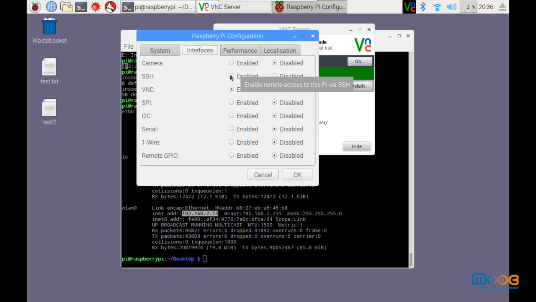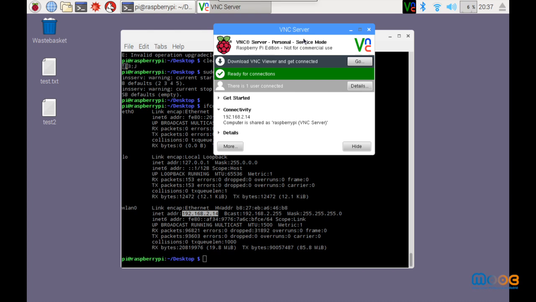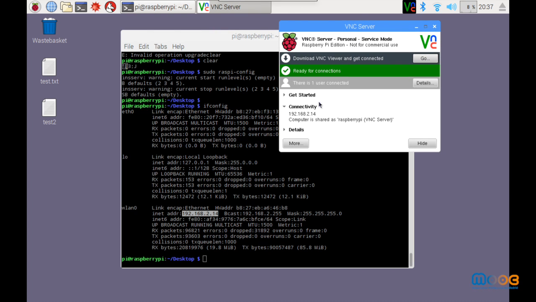Here we have the same as we saw previously. SSH is enabled. If you want to enable other communication like SPI or I2C or 1-Wire, you could do it also here. Once our server is running, we can check the IP address by just clicking on the icon.